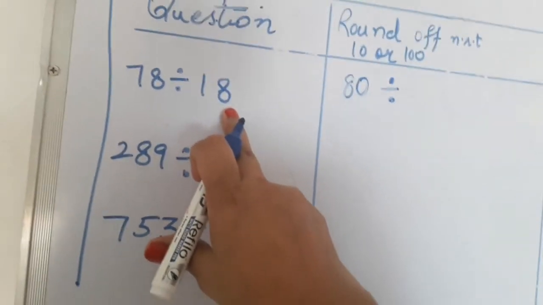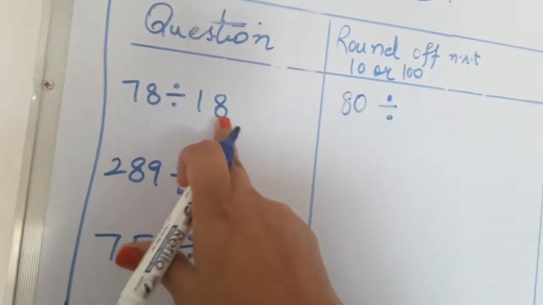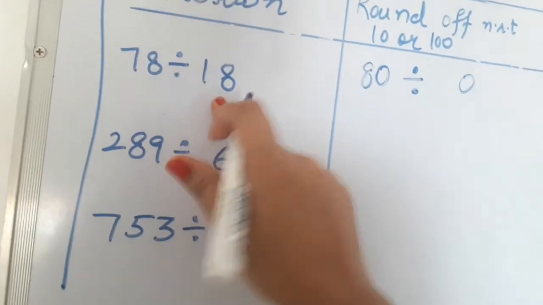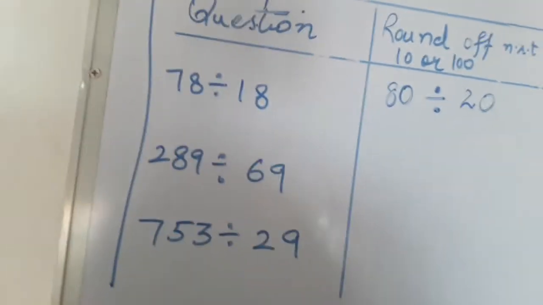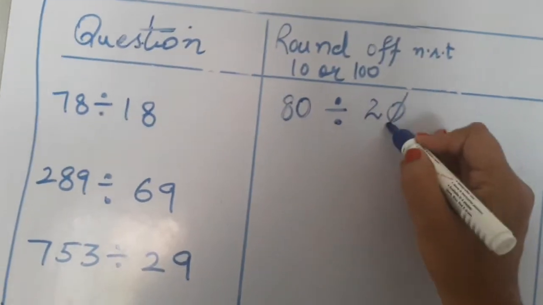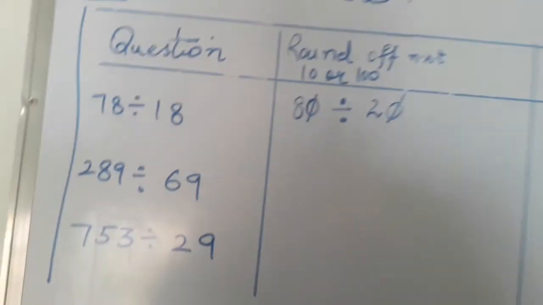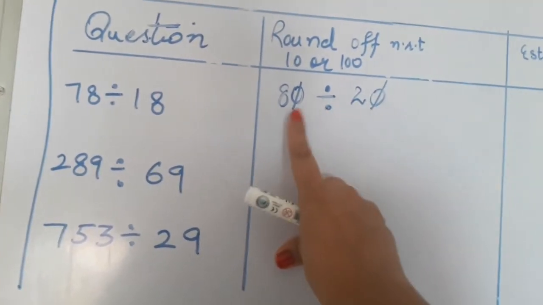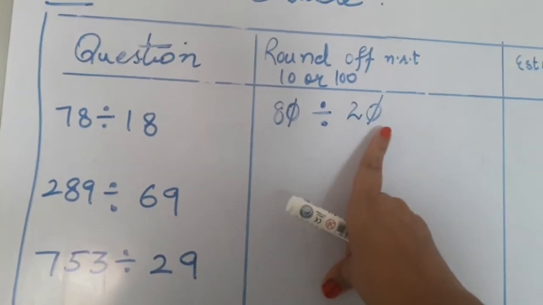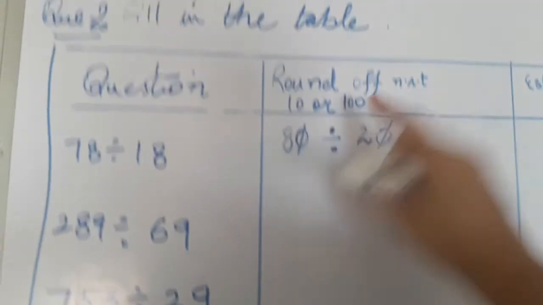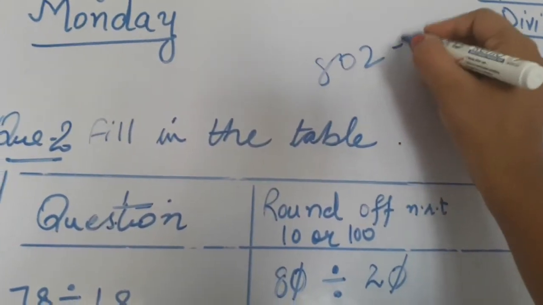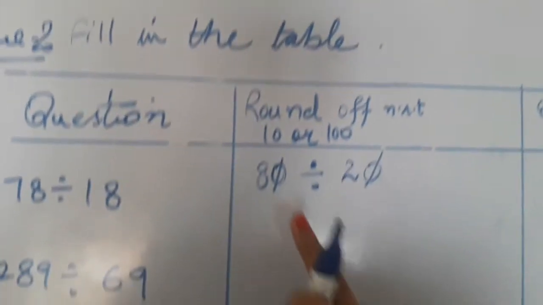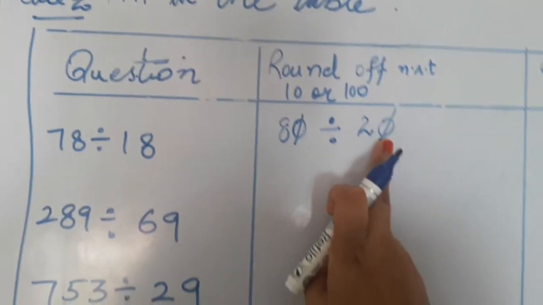Now again, at the ones place it is 8. So here I will write 0 and add 1 to the tens place. It becomes 20. Now 0 cancels with 0, but keep one thing in mind, 0 should be at the ones place. At the dividend and the divisor, the 0 should be at the ones place. If the question is not like this, then you will not cut like this. Okay, the 0 must be at the ones place, right?